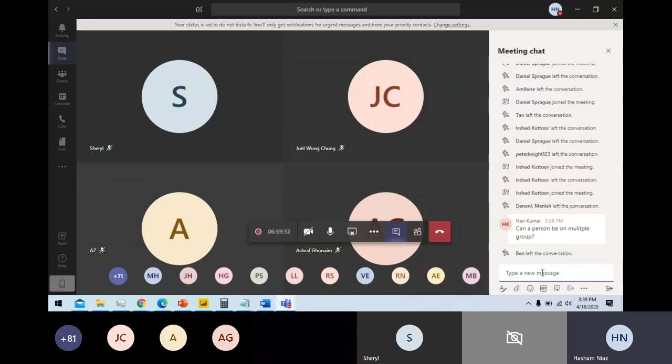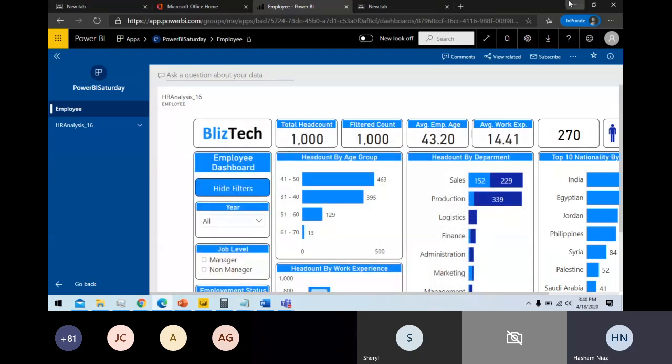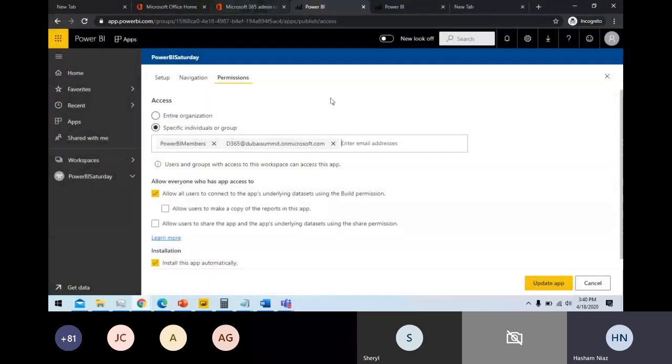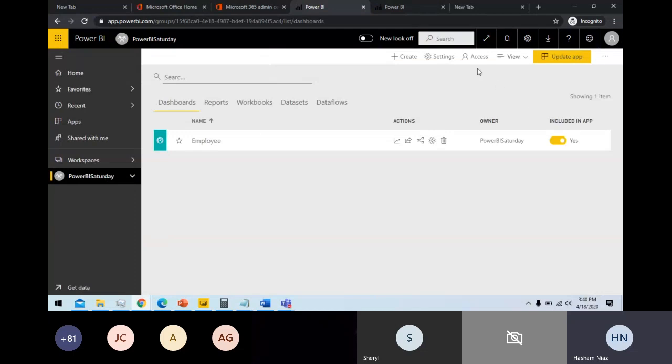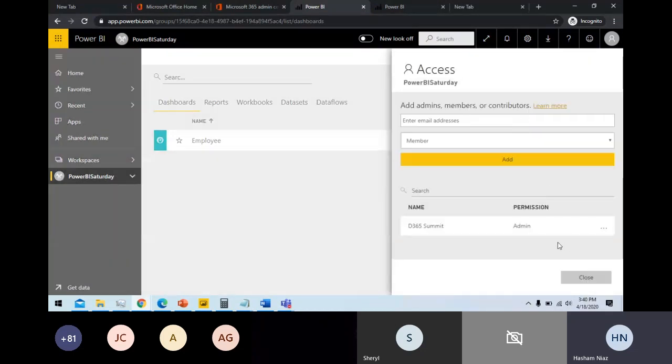Yes, a person can be on different security groups as well. So what will happen if I have two different security groups? I go back to the workspace and I have two security groups.